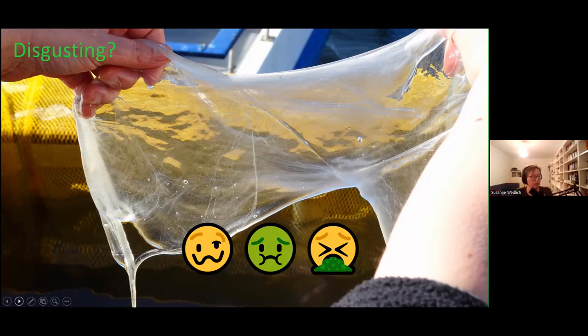So if there's a really bad smell, of course, we will just step back. And the same goes for slime. And slime often is associated with microbes. They produce it themselves, the biofilms, and then our own slimes are often loaded with microbes. So if you sneeze, like if you have corona and you sneeze, then everywhere around you will get it as well. So it's smart to be disgusted.